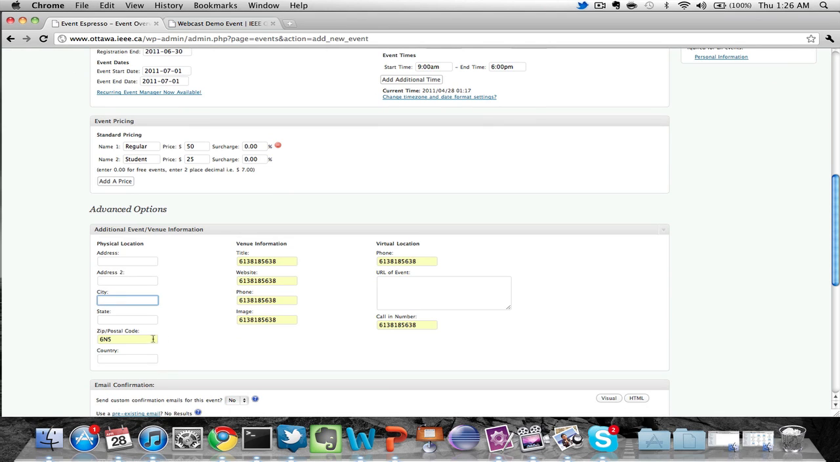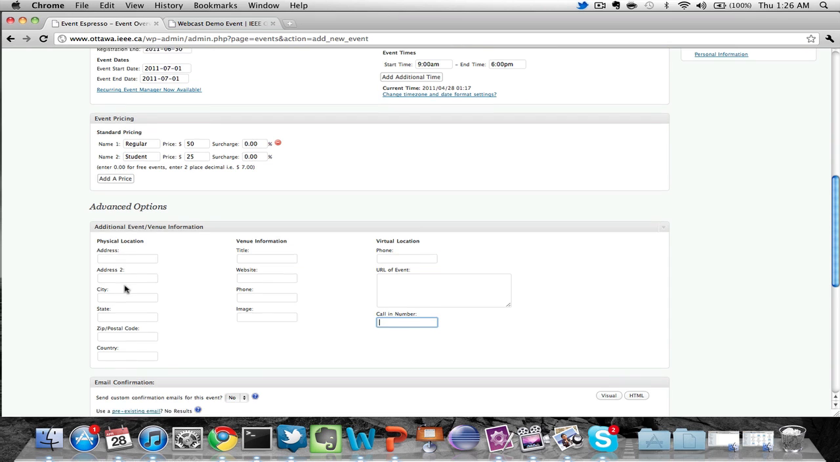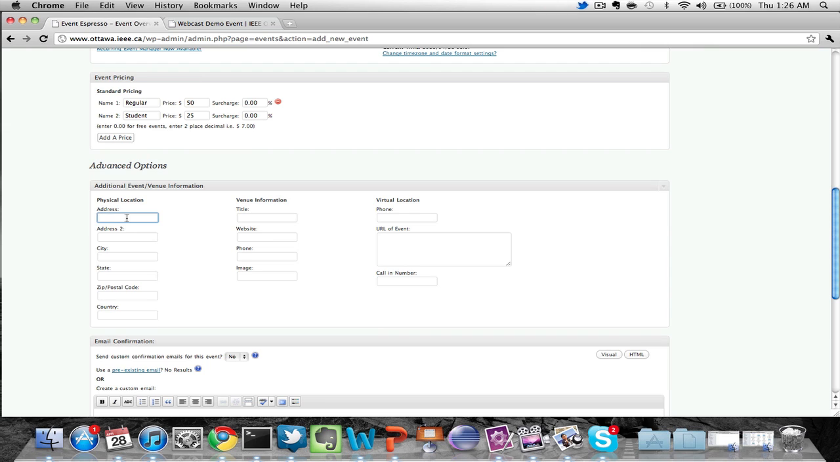So again, here I'm going to clear this stuff that Chrome auto-populated for me. That's the downside to smart browsers. They sometimes do things you don't want them to do. All right, so this advanced options is going to give us content that we can add, a little more detail about the event. So we can give the event a location. We can say it's at 123 Fake Street. We can give the venue a title. Let's say it's at the National